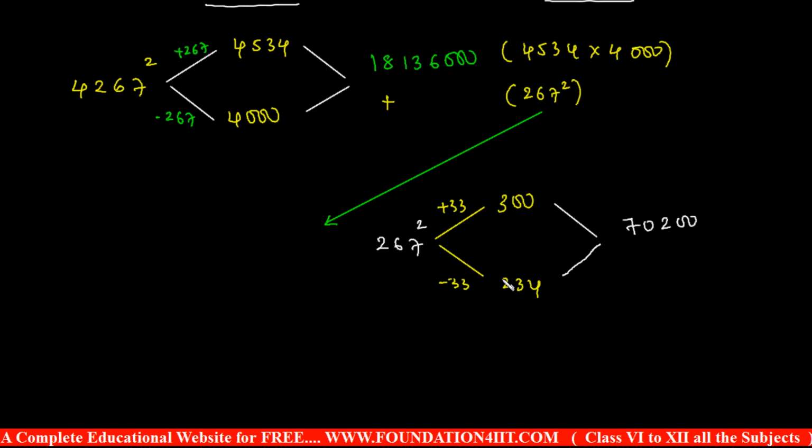70,200, because single digit, 234 into 3 is 702, so 70,200. Plus 33 square. 33 square is 1089. This we already learned previously. This is the 33 square value, and this is the 234 into 300 value. So by adding both,